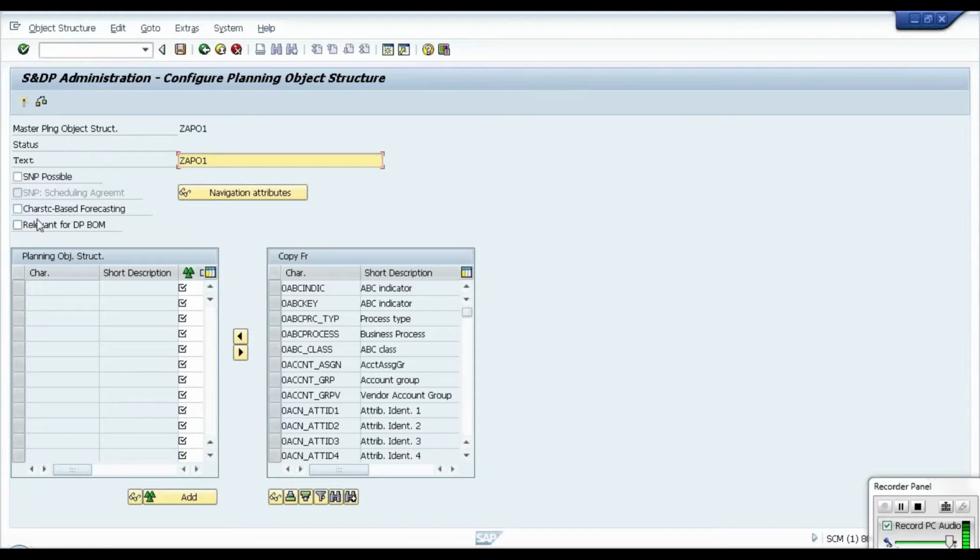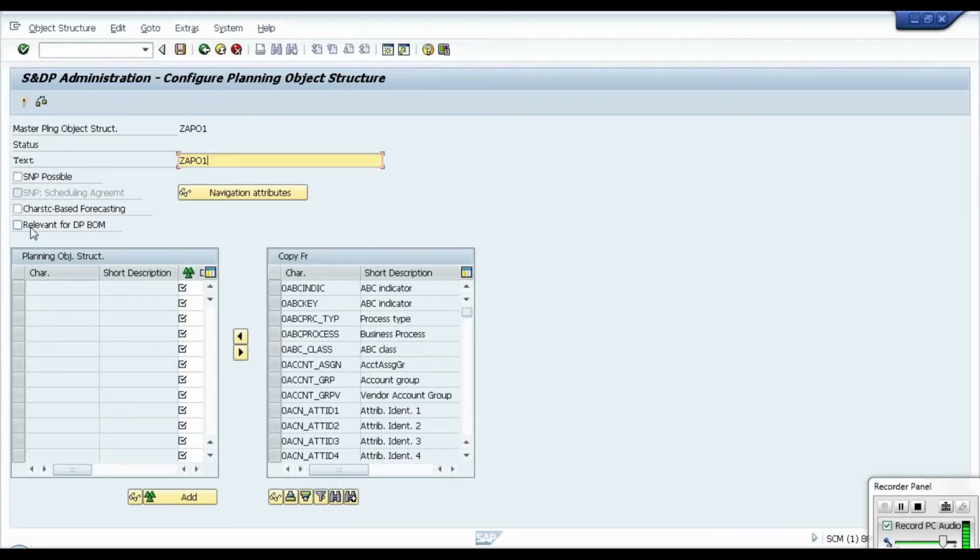And in DP, again we have the BOM, bill of material. If you want to do specific planning for the BOM material, we can select this option. Otherwise, if you want to take a normal plain MPOS for demand planning, no need to select any option. By selecting this option, it will give the default characteristics in every MPOS.